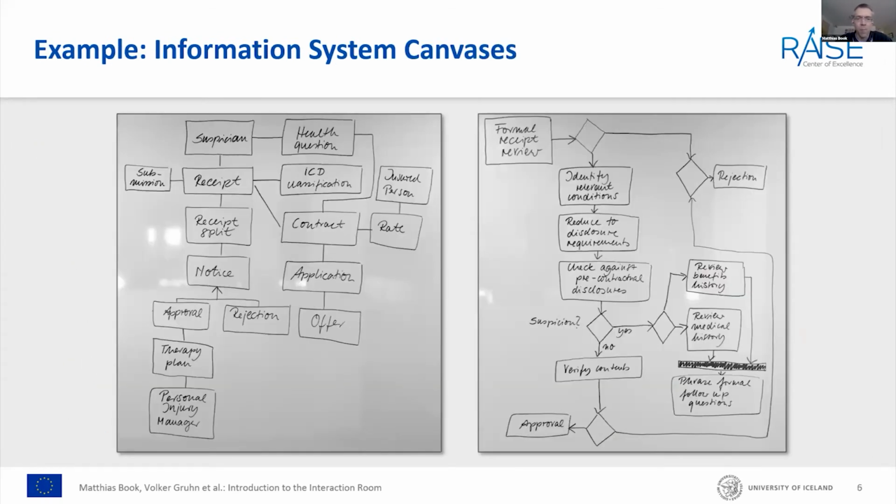This is an example from an information system in the healthcare domain. Not necessary to understand the details of the system, just to give you an idea of some of the processes, some of the structures that have been modeled here. So we're not going down into deep formal UML diagrams. We're not fleshing out the attributes of any of these entities here. We are not really looking at precise